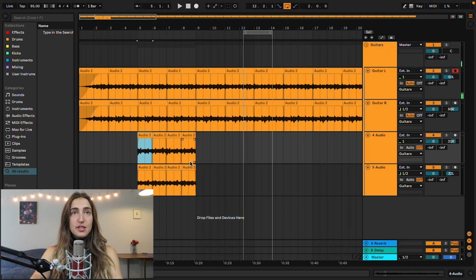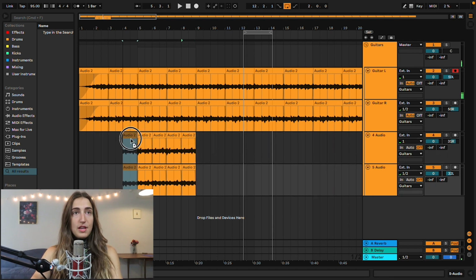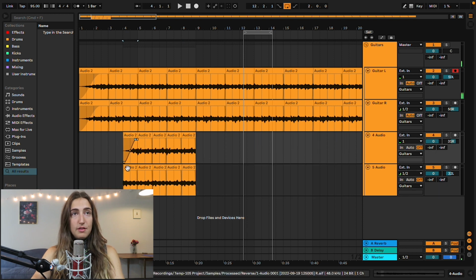Cool. I want these higher guitars to fade in during the intro. So what I'm going to do is take this second half of the loop, hold down Option, bring it to the beginning. And what this is going to allow me to do is fade it in like that. So hypothetically,